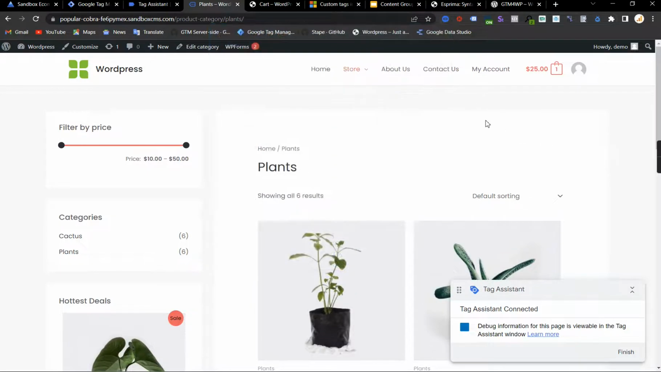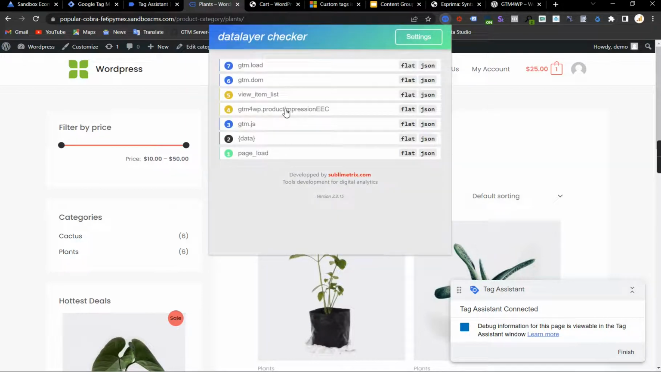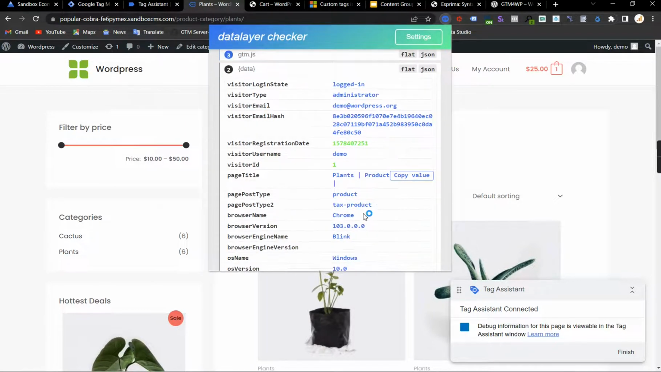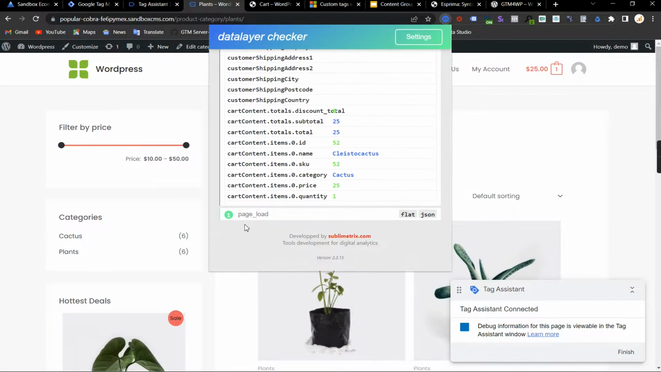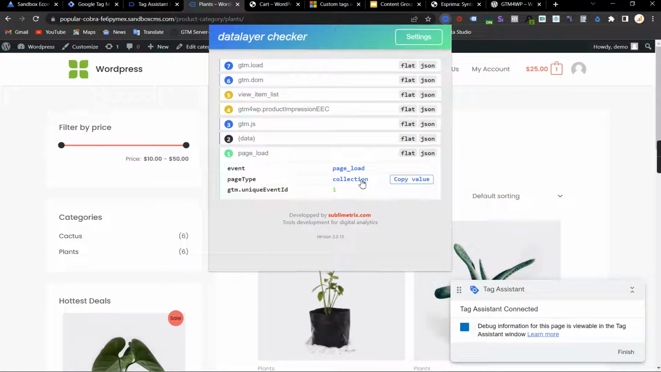One thing I noticed about this data layer page type categorizing is that it's not that perfect, right? For example, you can see that we are on the collection page for plants, but it's returning product as the page type. Actually, it's already returning collection as